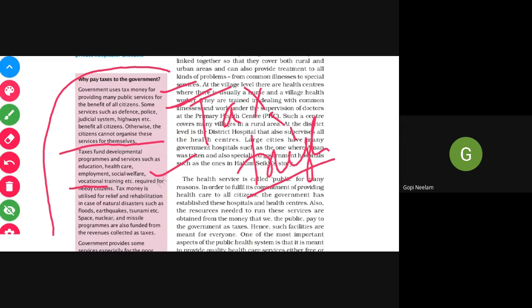To develop something, to develop some areas, to develop some condition of something, right? How are they doing? Let's look into it. So what is a developmental program, such as education? What they are doing is providing some teacher trainings, some free textbooks, and midday meals. We had a very good discussion in chapter one.